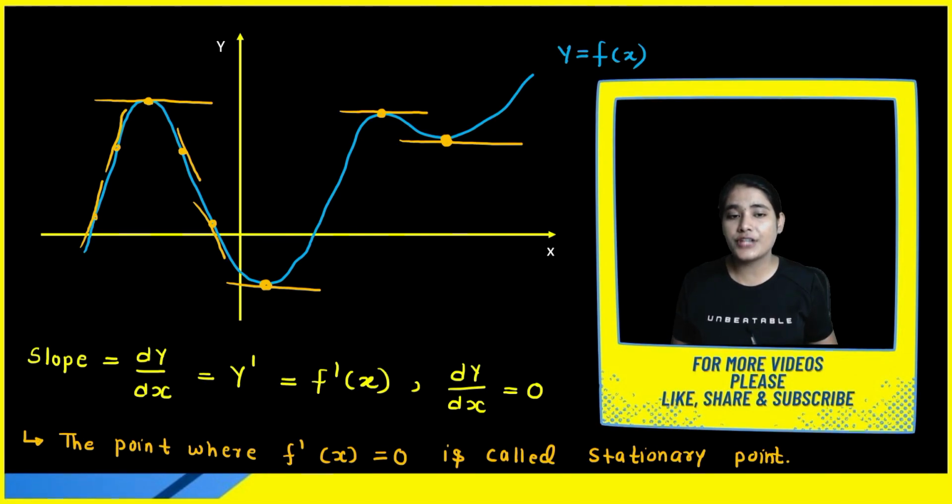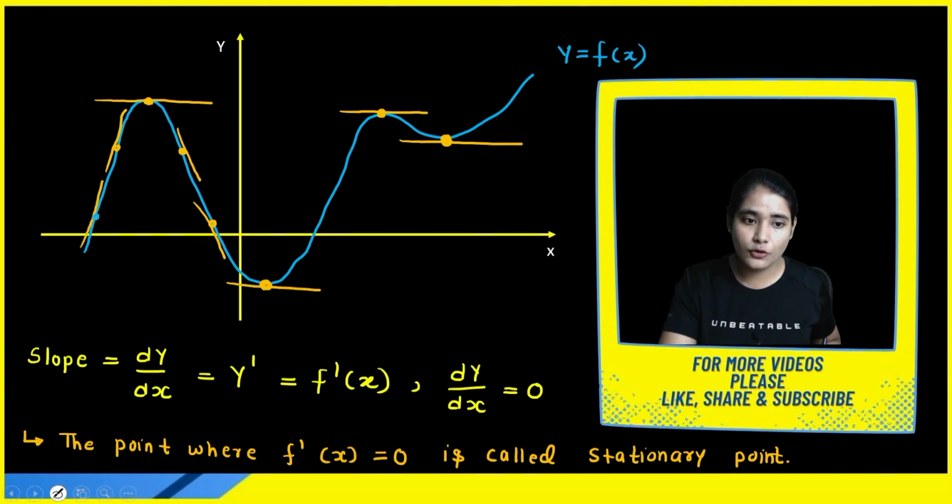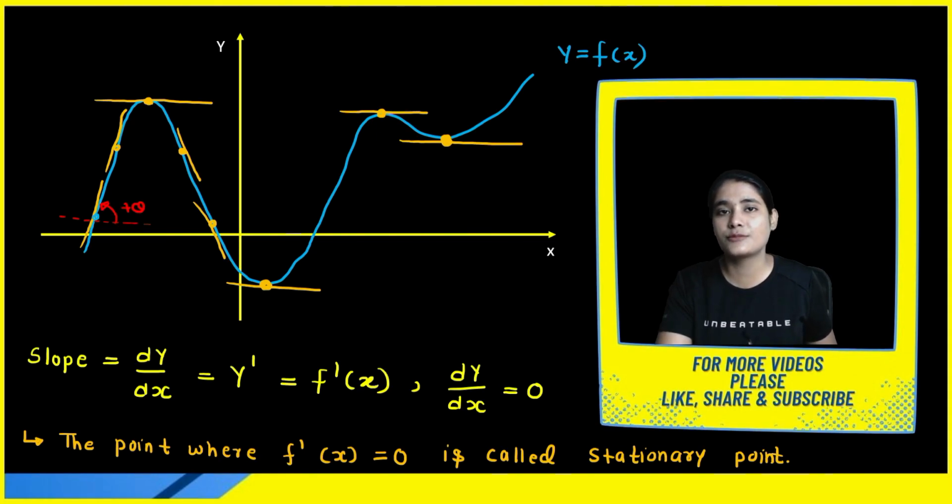Now what we have to check? We have to check the change in the slope. And before going for a change in the slope, first you have to understand how the sign is changing. Slope sign is changing. Like if you have at this particular point, you are getting positive slope. How are you getting positive slope? Let us consider this is your horizontal line. When you take the angle in the anti-clockwise direction, slope is always positive.